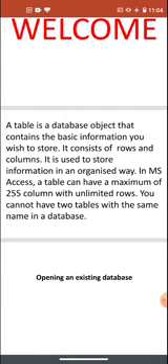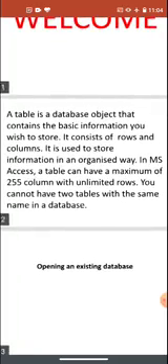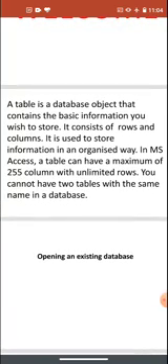But in a different database, you can make a table with that same name. That means if you are making Table 1 in Database 1, you can make Table 1 in Database 2. You can keep the same name in different databases, but in the same database you can't keep the same name for two tables.